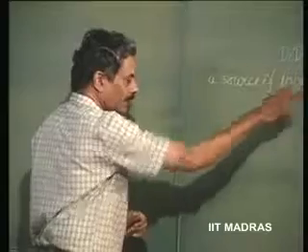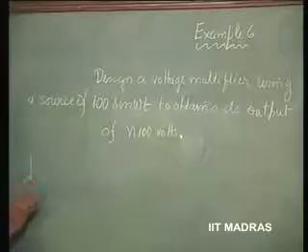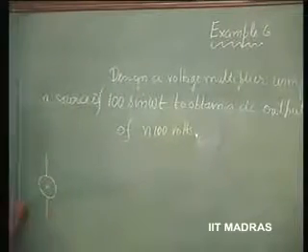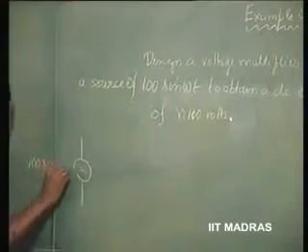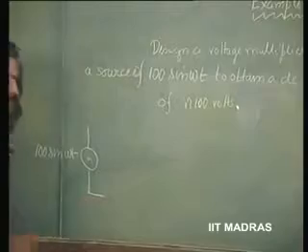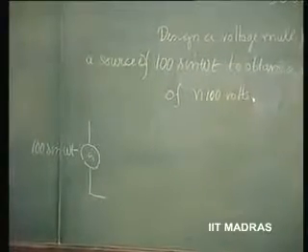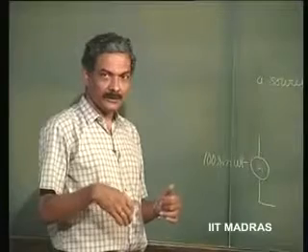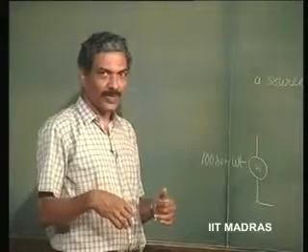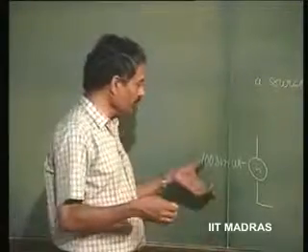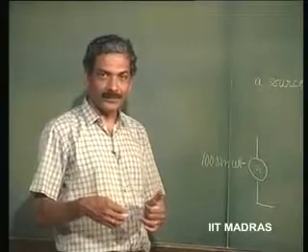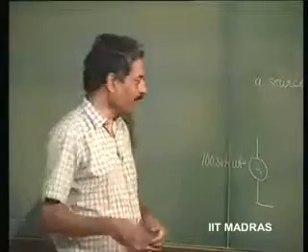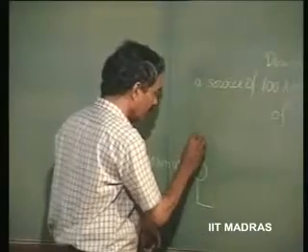We have this 100 sin omega t available as an AC source, from which we would like to obtain a DC of 100 volts and then add on this 100 volts to 100 sin omega t, obtain again a DC of 200 volts in order to obtain a doubler. So, let us do that.